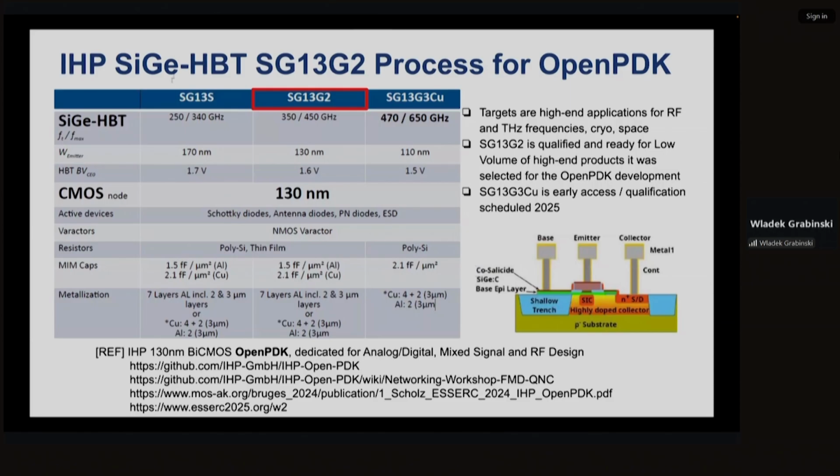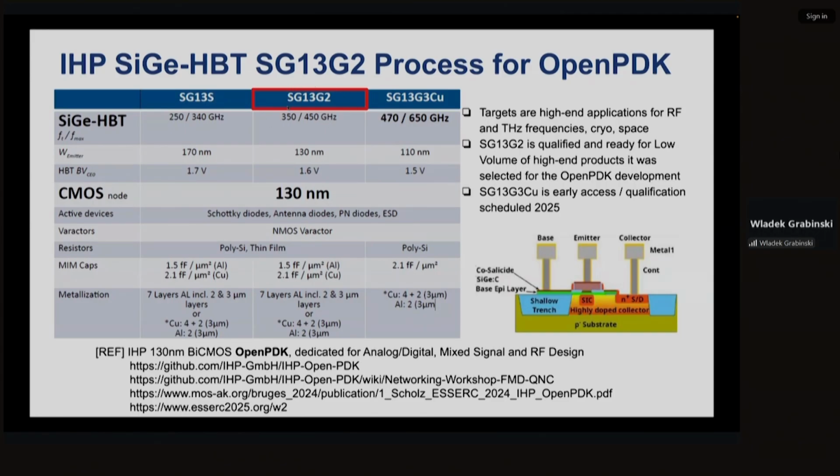A couple of details about the IHP process. It's a BiCMOS process with a silicon germanium option, which includes high mobility bipolar devices. This is a unique option, not only at IHP or in Europe, but I guess internationally.